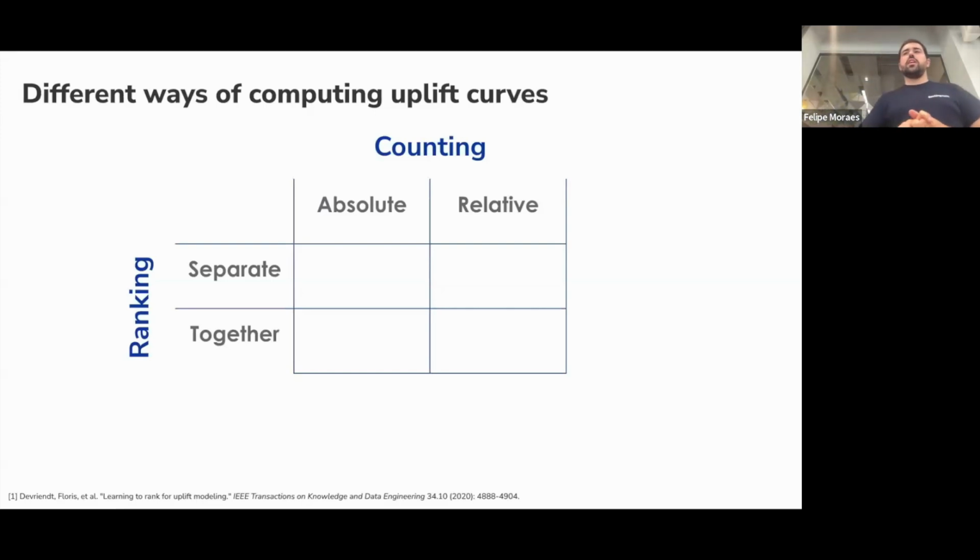And just the last thing I wanted to say is that there are different ways of computing uplift curves, and a way of separating them is between ranking and counting. What I mean by ranking is you can put treatment and control samples all in the same kind of analysis. You just say the ones that have the biggest effect, you put them in one line and you calculate these averages here. Or you can separate. So you have a line for treatment and you have a line for control. And then you compare, oh, how did it go on 10% of treatment and 10% of control?